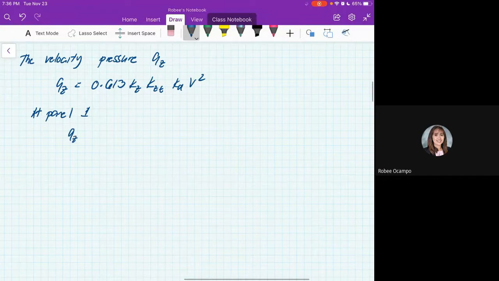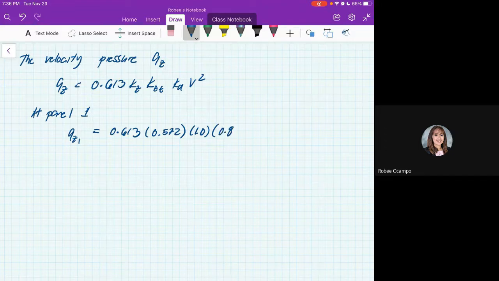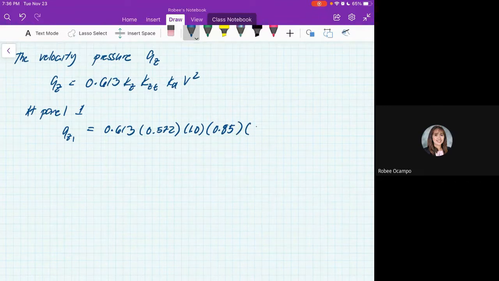So QZ sub 1 is 0.613 times 0.572. That's the value of KZ at panel 1. 1.0 yung value ng ating KZT. The value of our KD, the directionality factor, which is 0.85. And our V is 69.4 squared. Okay? So this would be equal to